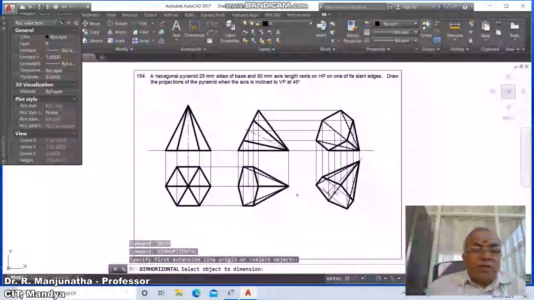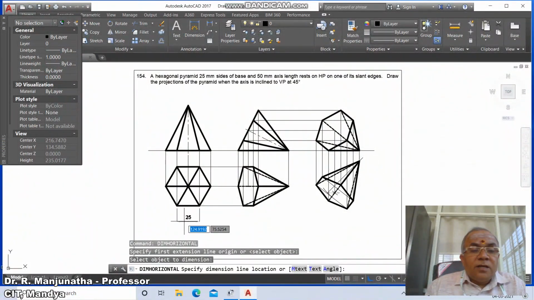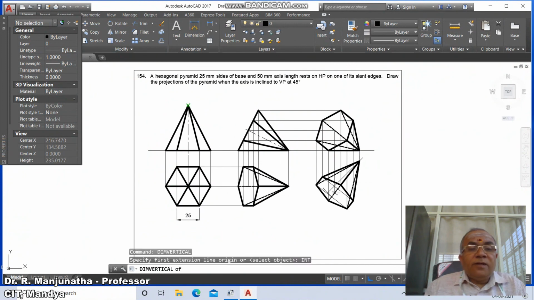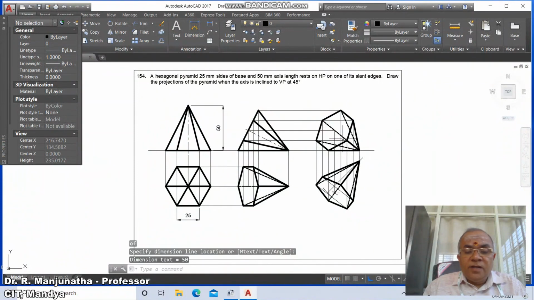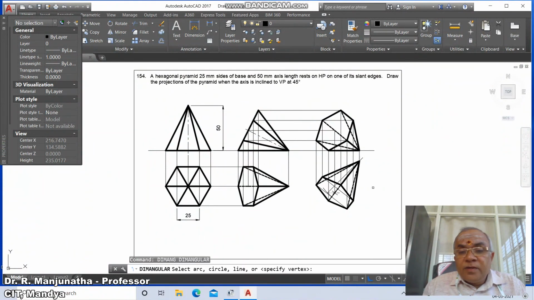Then dim horizontal, you select this line, horizontal you make this, then dim vertical, take intersection of this and intersection of this and give the distance as 50, and then dim angular, select between this line and this line,